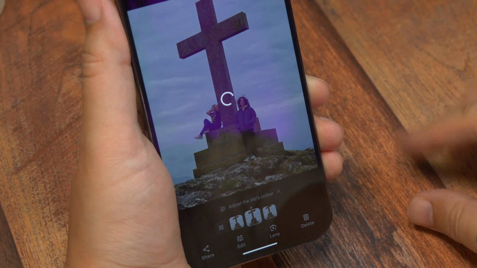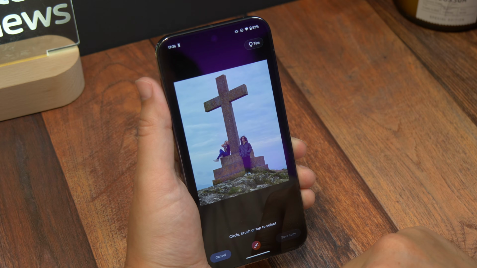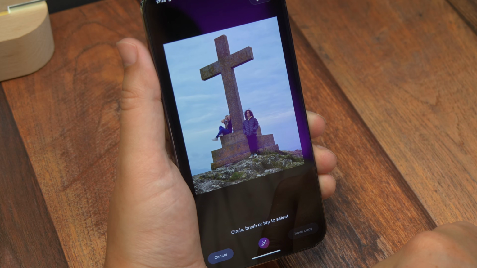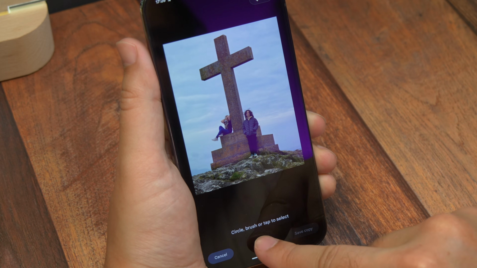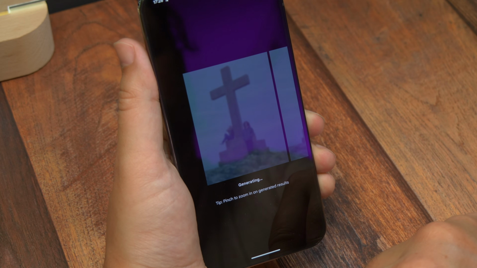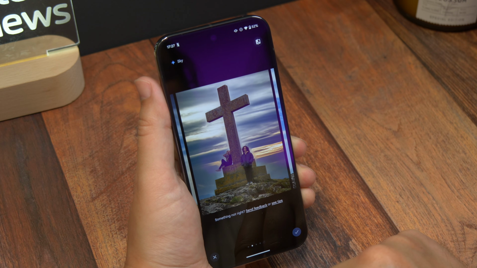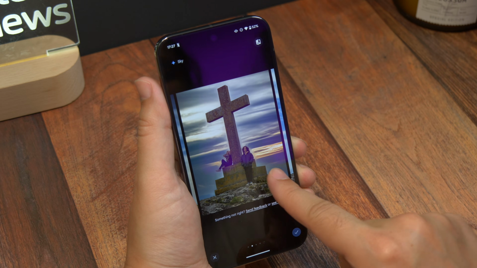On the next screen, tap the Magic Editor button, which is the small pulsing colourful icon in the bottom left. Once the editor loads, tap the Magic Editor button in the middle again, and you'll get a pop-up menu with a choice of different options. You can choose either Sky or Golden Hour, and both will generate different dramatic, visually interesting sky options for you. Save the one that you like or keep generating until you get one that you want.